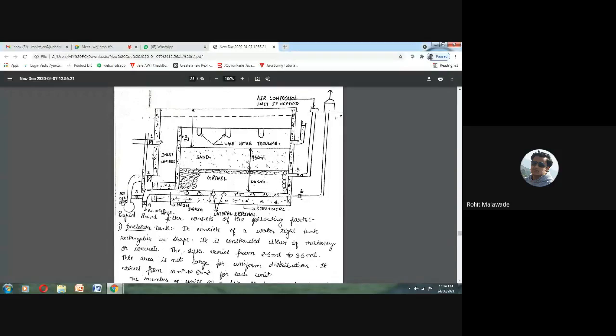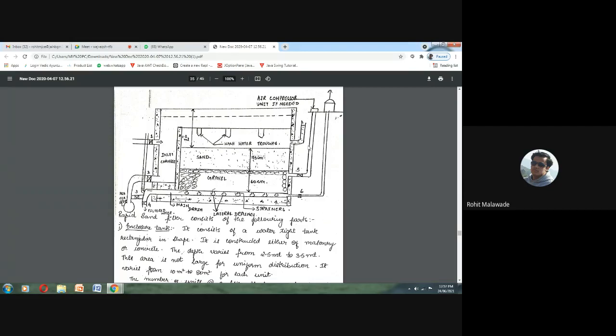Washing is nothing but removing the suspended particles that have been arrested in your sand as well as gravel layer, right? In a slow sand filter, we remove only the top layer, but in a rapid sand filter, we remove the very fine suspended particles which get arrested in the pores of the sand and gravel with the help of water pressure. Do you understand what backwashing is?